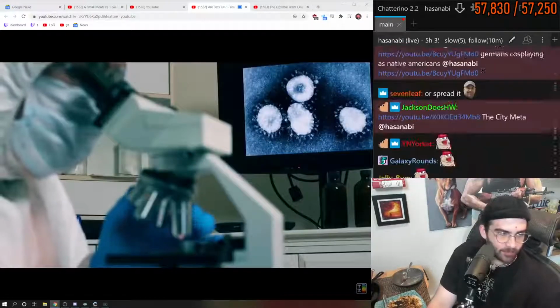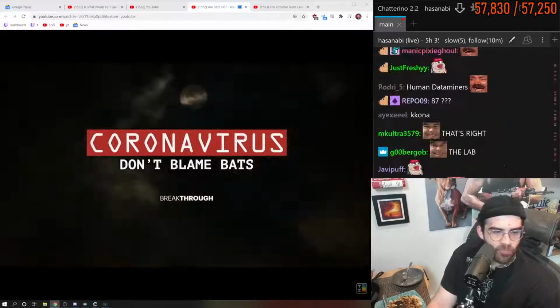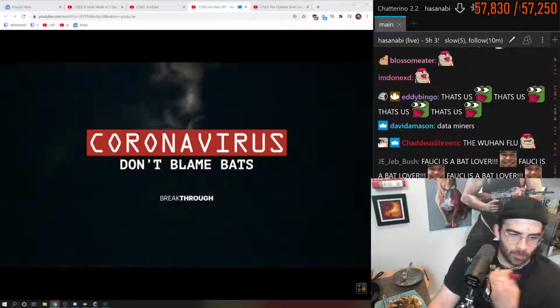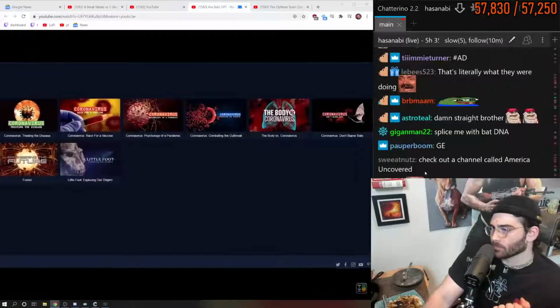In fact, human data miners are trying to crack the code to see if the bat's immunity is something that can be used as a model for advancing human ability. This is the subject of the excellent documentary series Breakthrough, which chronicles the research that was done this year regarding the huge nerfs the human player base had to deal with in 2020. You can watch the whole series right now